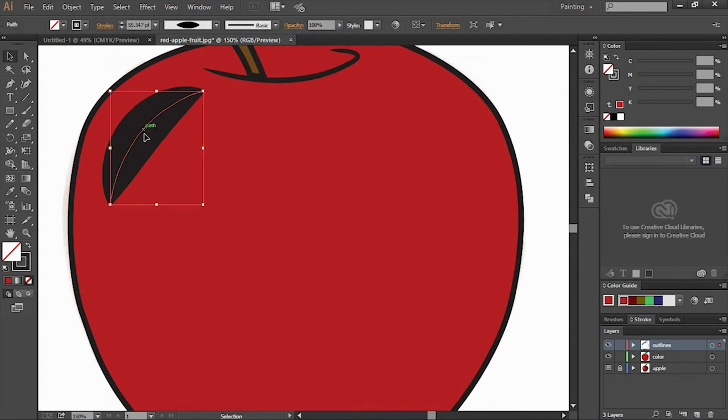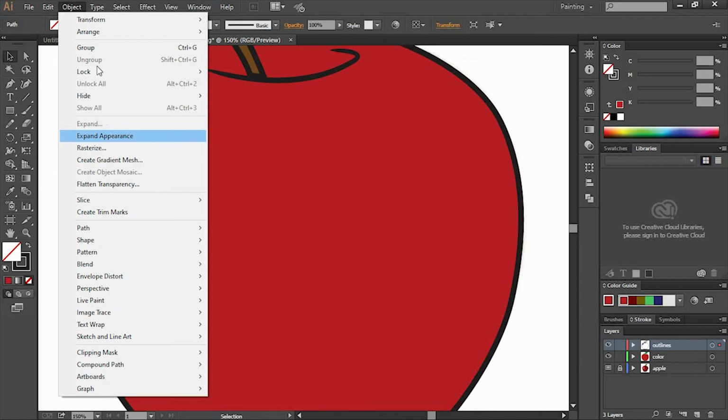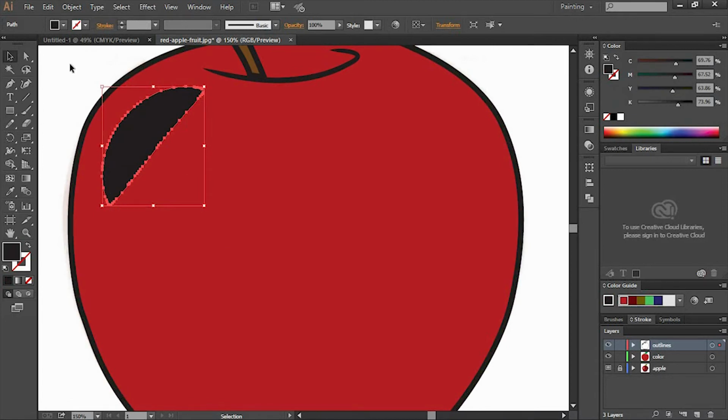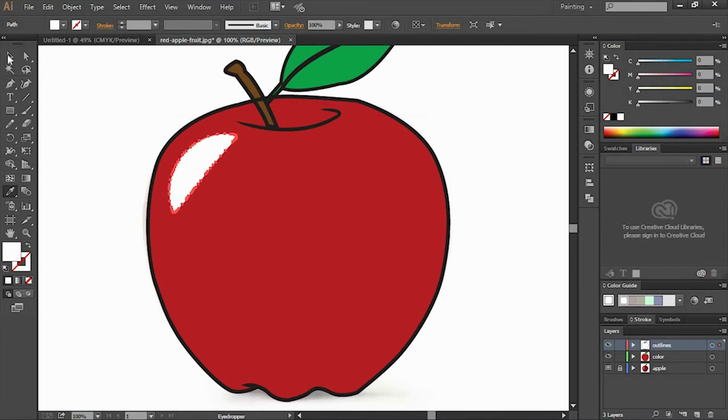So now this is the line with its width increase in the middle, but now we want to change it to a shape. So select this line, go to object and go to path and select outline stroke. So now it is a shape. Change its color to white and then dim down its opacity to 50%.